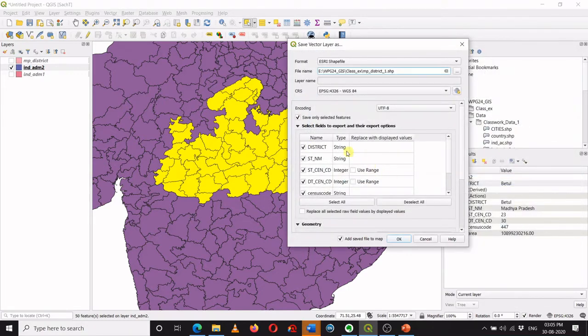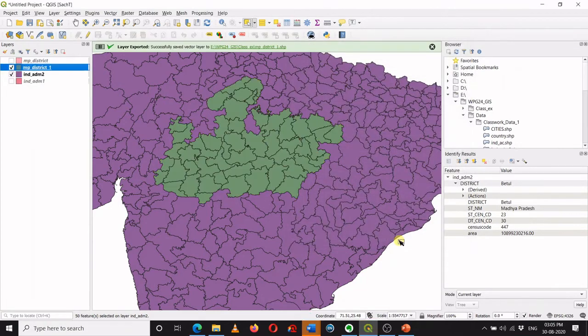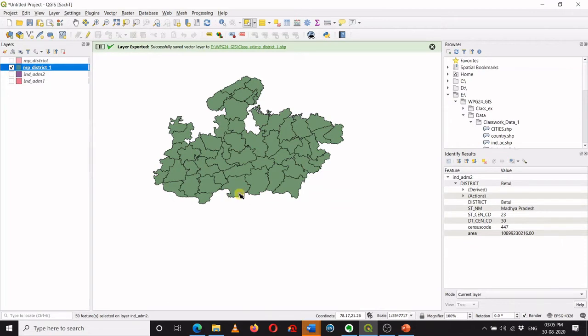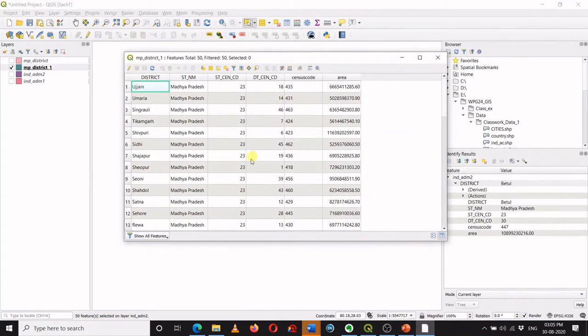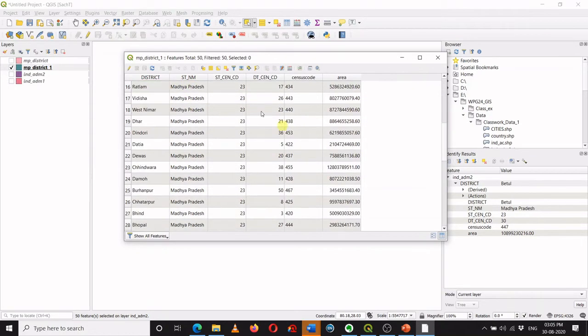I'm saving it. Ensure that save only selected feature is checked, and then press OK. So now it has created the MP district 1 file with all these features, and now I can look into the attribute table. It has exported all the columns, all 6 columns, and 50 features. You can see over here the number of features is 50.